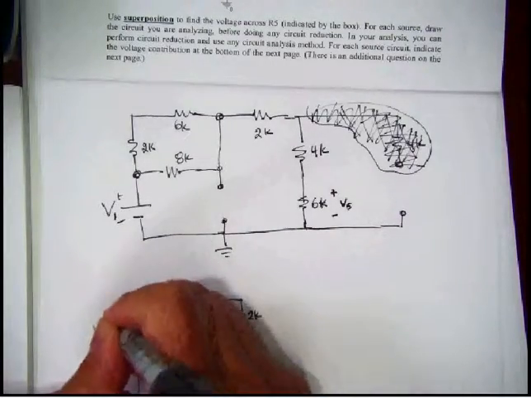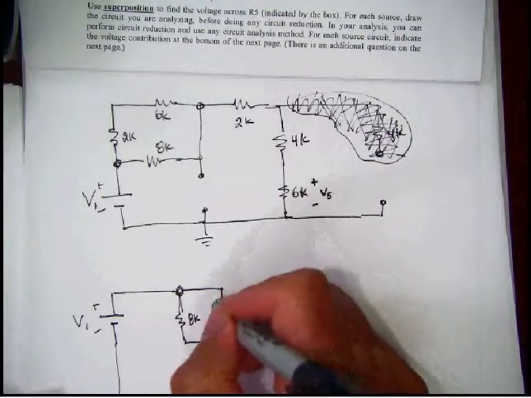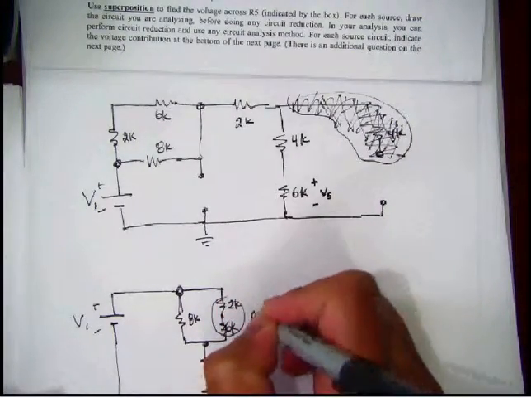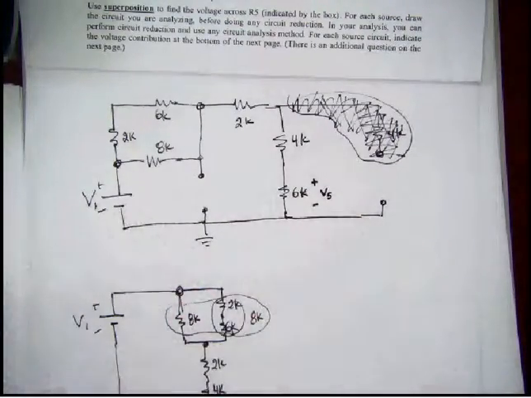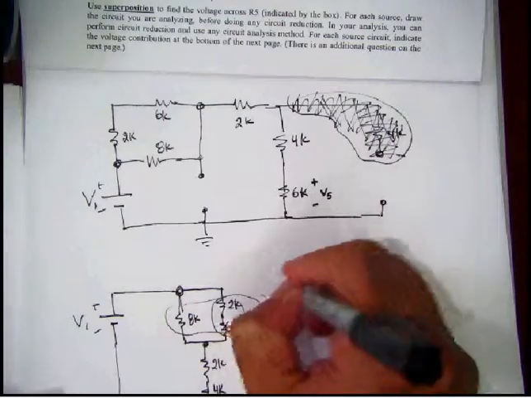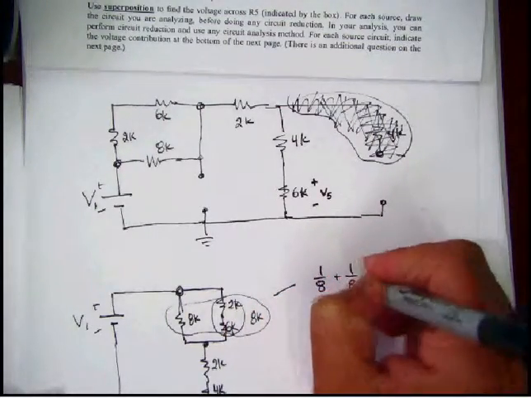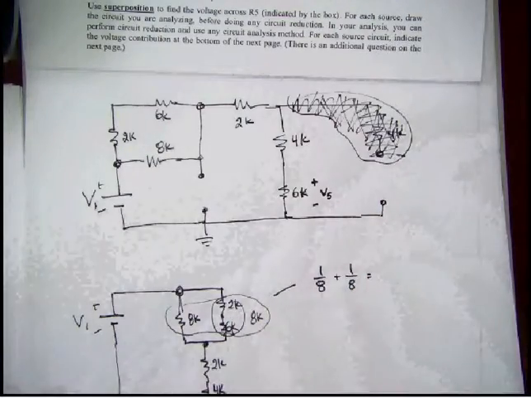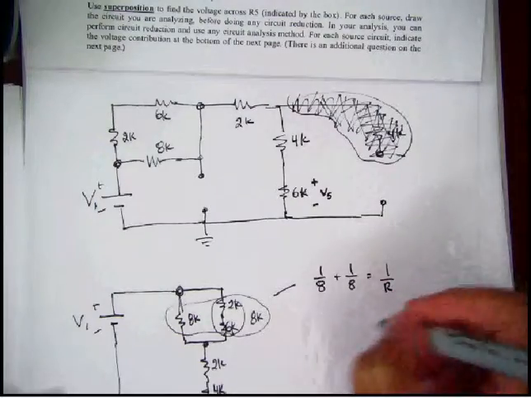So we've simplified this circuit greatly now. We can see immediately that these two will combine in series to be an 8K, and then these two will combine in parallel to become 1 over 8K plus 1 over 8K, which is equal to some equivalent resistor,